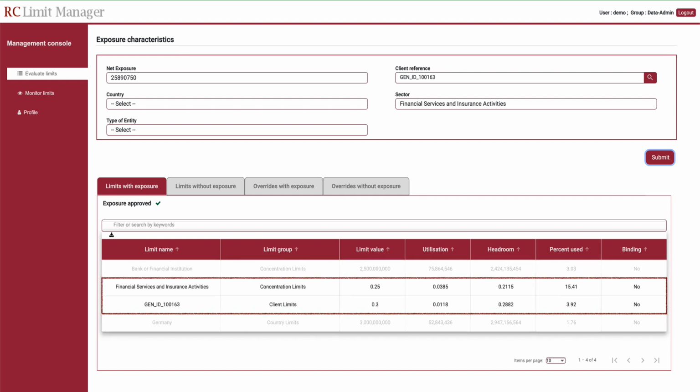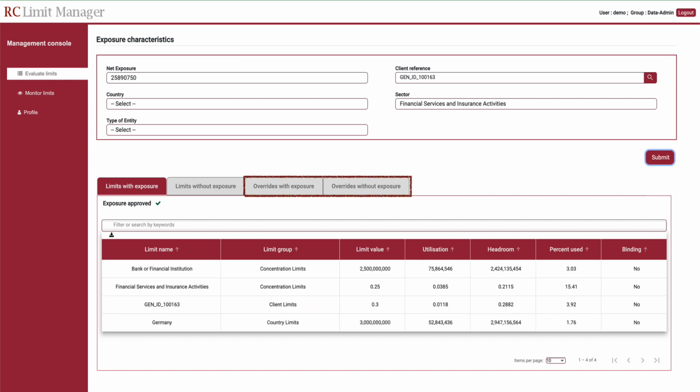Ratio limits, on the other hand, define limits as a proportion of the summed-up exposure amounts defined by a filter, which are employed for the definition of concentration limits. For instance, we could create limits based on country grades that must not exceed a certain proportion of the entire portfolio amount. Additionally, overrides allow temporary, time-limited modifications to limits to allow deviations under certain circumstances. The activation and deactivation of limits and overrides can, of course, be scheduled to happen at a certain point in the future.